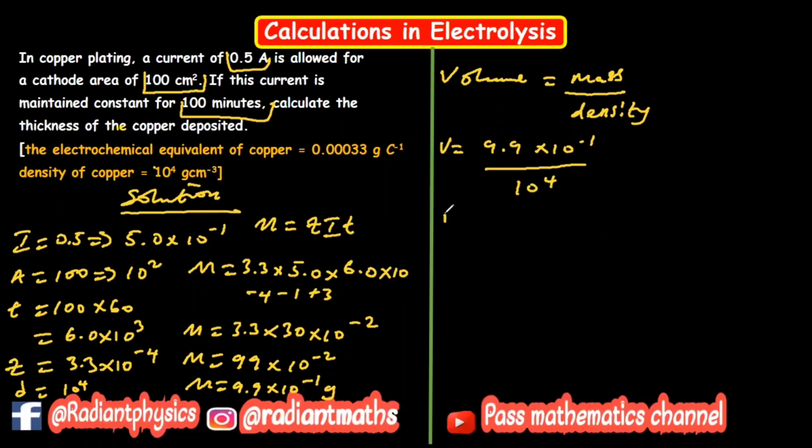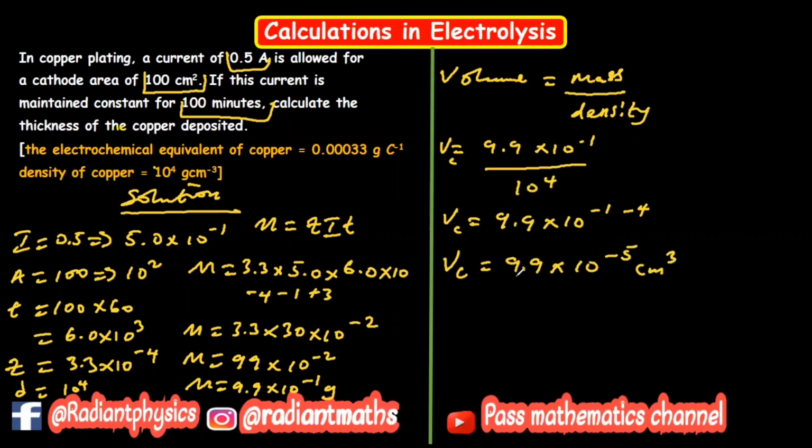They have a common base, so the plus 4 goes up and changes to minus 4. So the volume of the copper is 9.9 times 10 raised to the power of minus 5 in